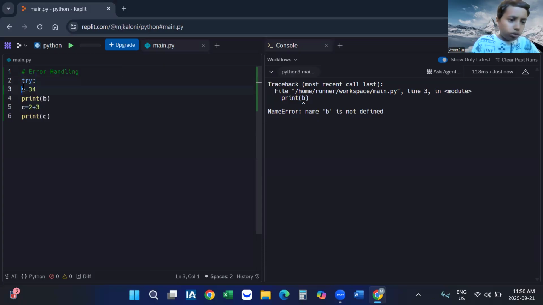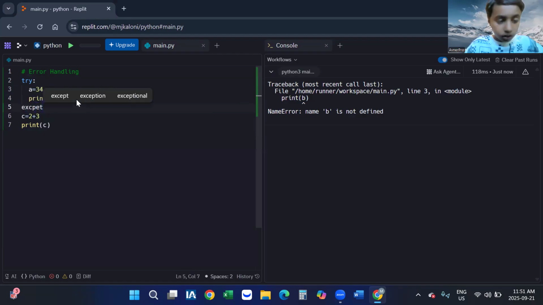What this is going to do is first check this process. So A equals 34, print B. It will see, and then it will tell itself that this is an error, a name error. So what we have to do here is except